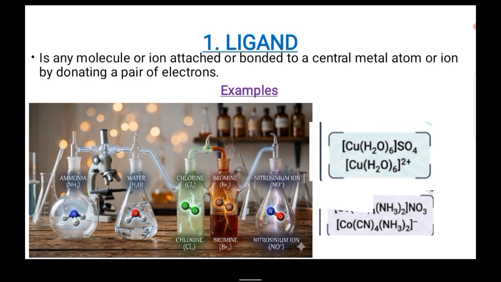Another example, have you seen there? We have two types of ligands there. We have the cyano ligand and the ammonia ligand. So this cyano ligand donates pairs of electrons to copper. And this ammonia also donates electrons to this copper. I think you have seen this is a very simple term used in this unit.